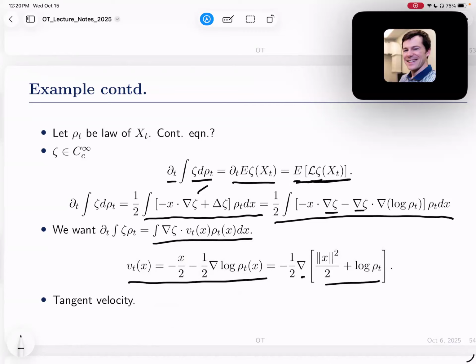And therefore, this is also the tangent velocity as long as some kind of Fisher information constraint is satisfied. Okay, so that's my final example here. And so I'll stop here, and next time we'll talk about the Benamou-Brenier formula. Okay, any questions? How do we know if we can just use an ODE with rho,